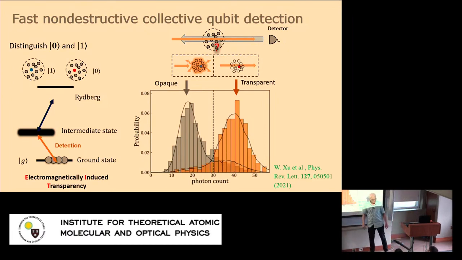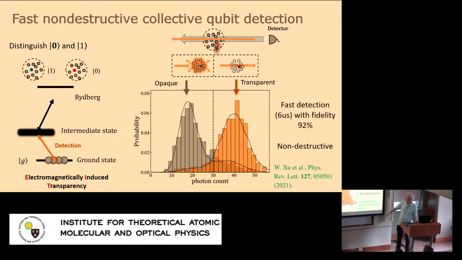In the distributions, but at this point this was about 92% fidelity of detection in just 6 microseconds. This is for rubidium, so this is not terbium, one of these relatively broad transitions. This is for rubidium with just a 6 MHz line width, where typically detection takes several milliseconds. And this was also not using a very good lens. The NA of this lens was quite low, so one could do better than that.